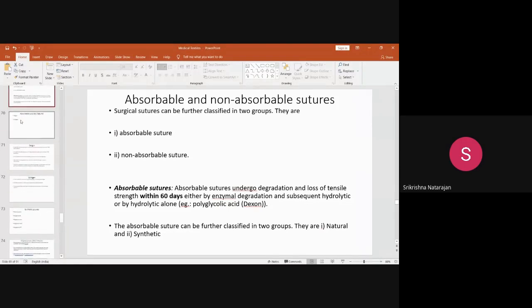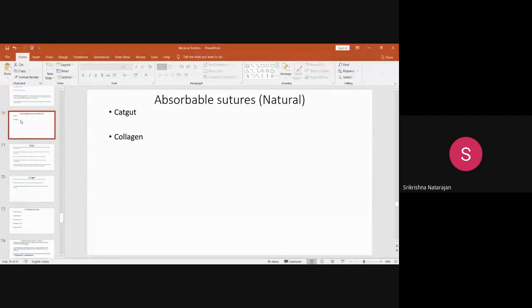So if you see in the absorbable sutures, there are plenty of sutures that are absorbable, which are natural in nature, and we are mainly discussing some specific types of fibers which are absorbable in 60 days. Catgut is one of the sutures, which we have already discussed, how it is manufactured and what are its drawbacks. We are just seeing them from the suture point of view now, rather than the fiber point of view. The next is the collagen.